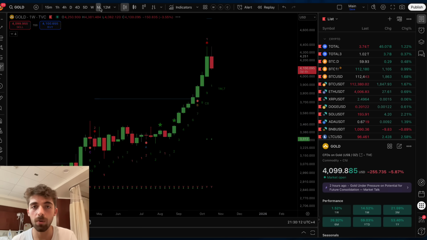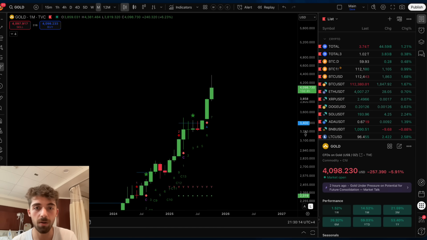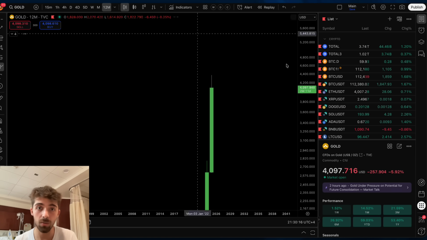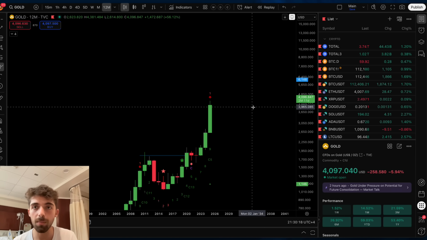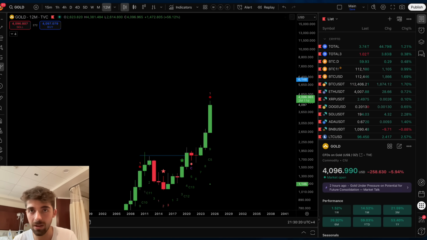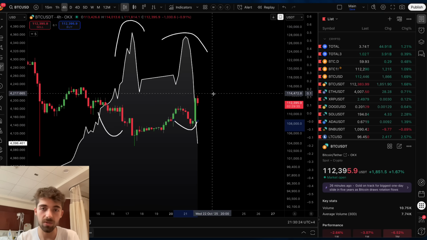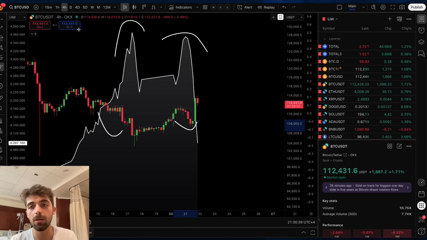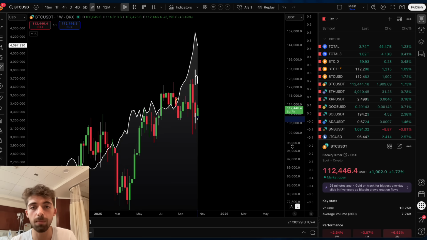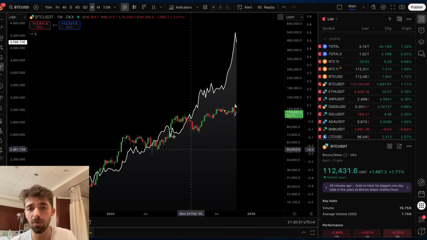But just more about gold. Gold is also having an MRI top over on the 12-month chart, which is the yearly chart. So a lot of topping signs for gold. And in the short term, you can visualize that whenever gold does a movement towards the downside, Bitcoin goes up. But in the long term too, if we go to the weekly picture, it's going to be more obvious.